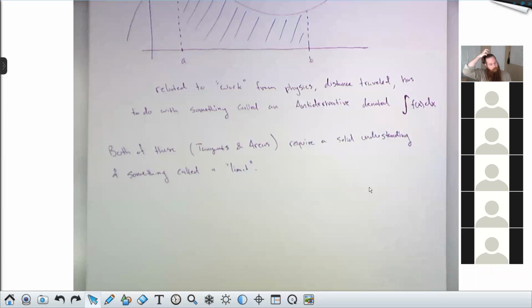Your pre-calculus class may have addressed the concept of a limit, or it may not have. I'm going to assume that you have never seen limits before, and we're going to do everything fresh. The basic idea behind a limit is that if you look at a function and you allow its input, the x values, to get closer and closer to some particular x value, can you track the y values?